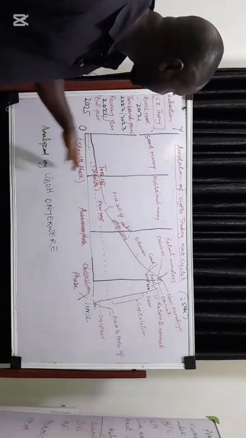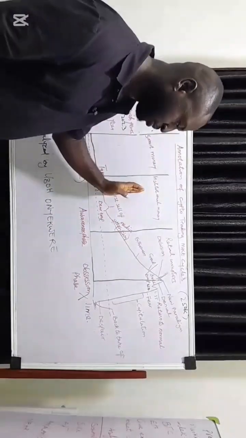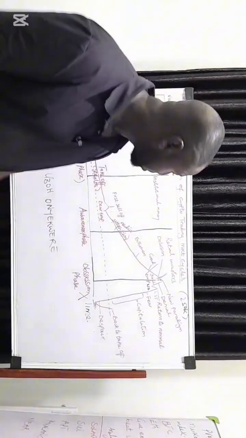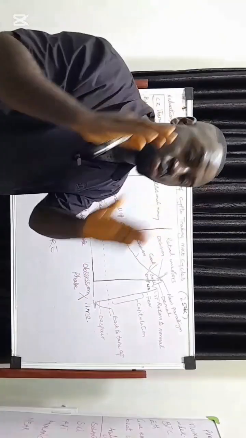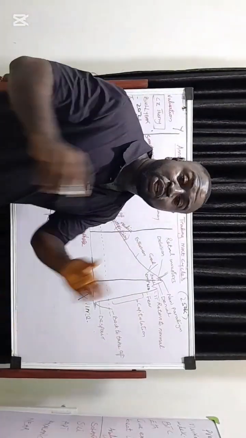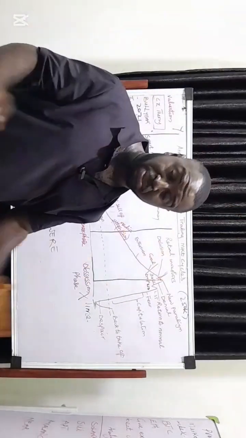There is tilt phase, that is when smart money comes in. There is awareness phase, where institutional money comes in. There is obsession phase, where retail investors come in. Listen, the most important part if you want to make money is this obsession phase. Because of what? Because of the presence of retail investors. These are the guys that are going to pump the market.